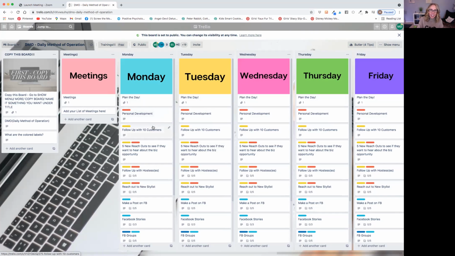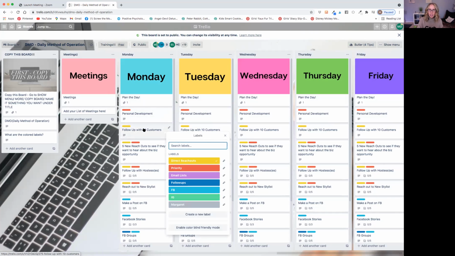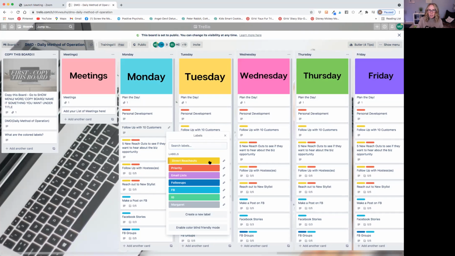What's easier is if you hover over the card. On your keyboard, you're going to hit the letter L as in like a lollipop. If you click on it, all the labels just pop up, and you can click them on and off. So clicking them on and off, you just click it, see how it went off on the follow-up,